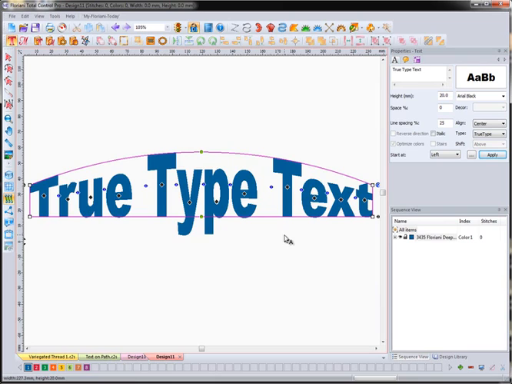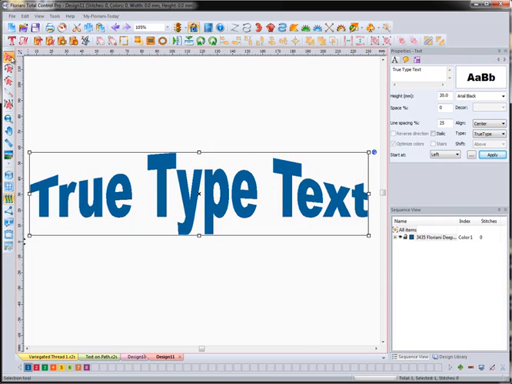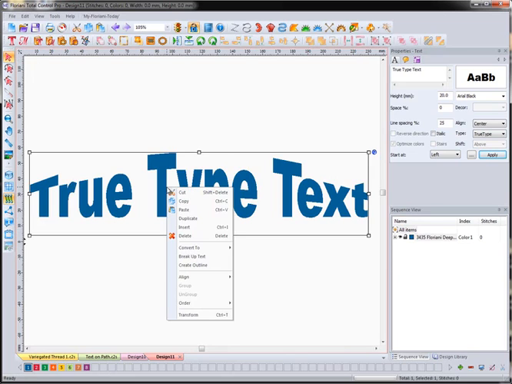Now, we haven't done anything with this, it's still artwork, but we can manipulate it and get it how we want it before we ever convert it into stitches. So this is a really neat. I'm going to go ahead and click on my selection tool. I'm going to right click on this lettering, because right now it is all kind of combined together, and I want to convert this over into stitches. So I'm going to select it, I'm going to right mouse click,